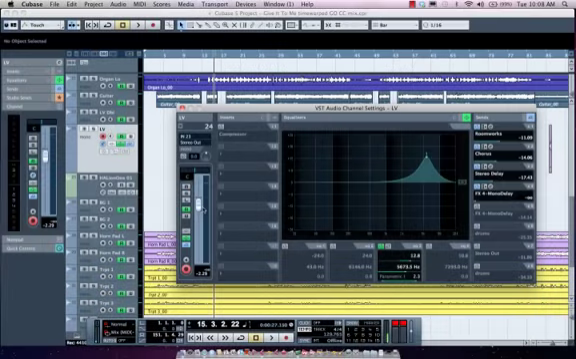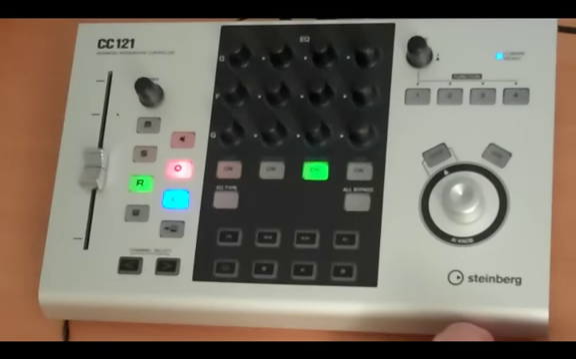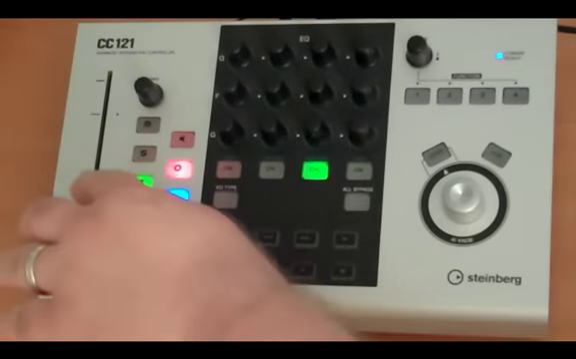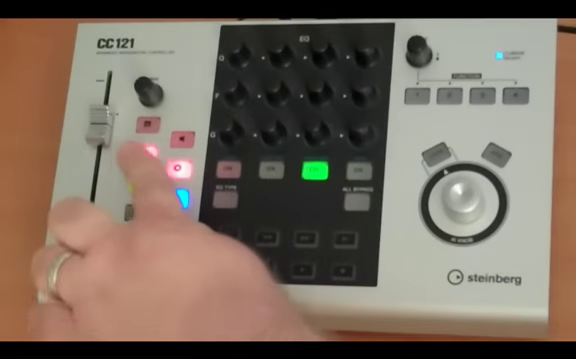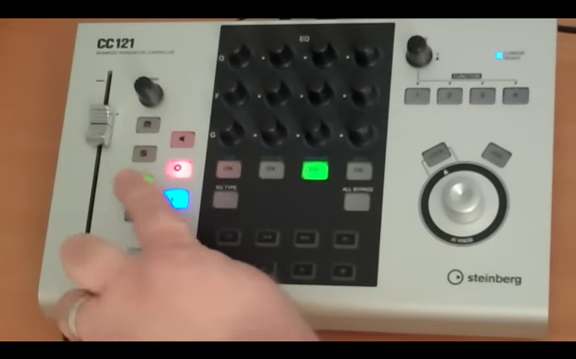So if I moved my software fader, I would see my hardware fader automatically correlate with that. Or conversely, moving my hardware fader, I see my software controlled. I also have my pan control. So if I want to come here, and you'll notice I have my mute, solo, read, write, as well as